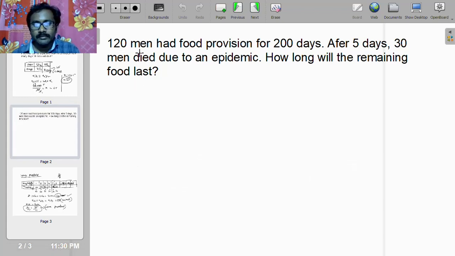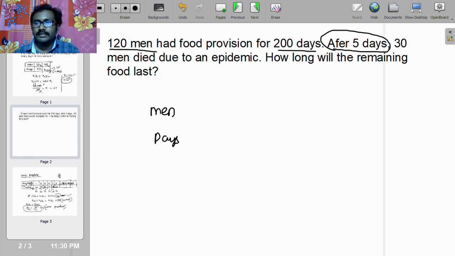120 men had provision for 200 days. So we will make one column for men and one for days. 120 men had food provision for 200 days. After 5 days, 30 men died due to an epidemic. How long will the remaining food last? After 5 days, 120 men, the food remaining is the same, so we remove the 5 days: 200 minus 5 is 195 days. It's sufficient for